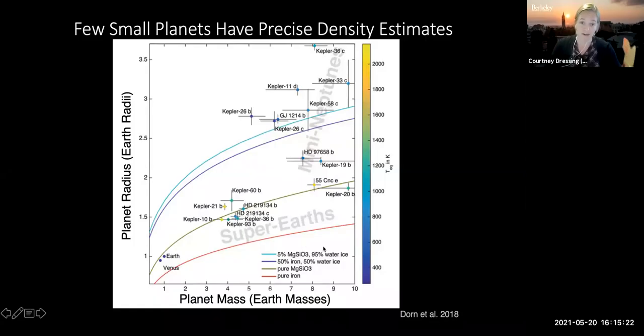But it's very important to look at the y-axis here. These are the equilibrium temperatures of the planets. And as you look at those, you'll see that these planets are not good analogs for planets like the Earth. We haven't yet reached the place where we're able to measure the bulk densities of planets with Earth-like temperatures, which